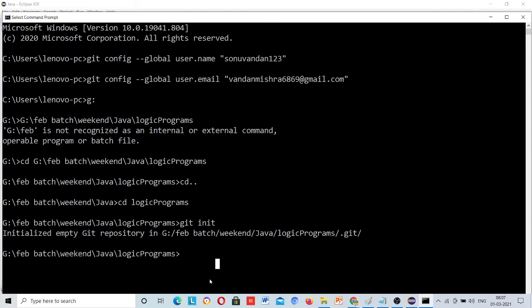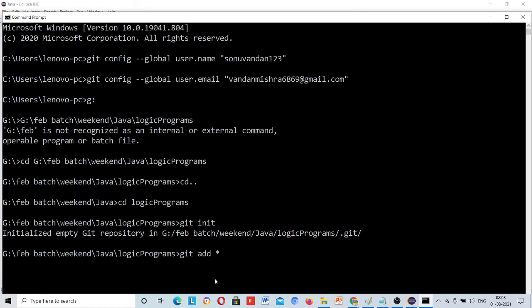After initializing git, use git add star. This star means everything, all, like in SQL. If you write select star, what does star mean? Star means select all. Similarly here, git add star means add all the files.